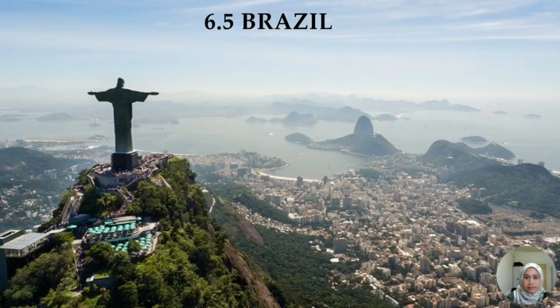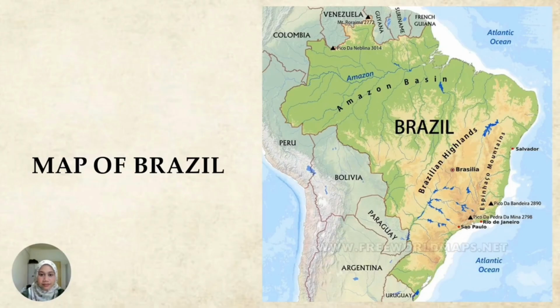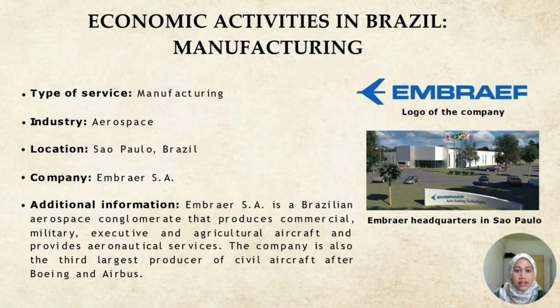Next chapter is Brazil. So this is a map of Brazil. Economic activity in Brazil. The first one is manufacturing, industry aerospace at Sao Paulo, Brazil. Company Embraer SA. The company is a Brazilian aerospace conglomerate that produces commercial, military, executive, and agricultural aircraft and provides